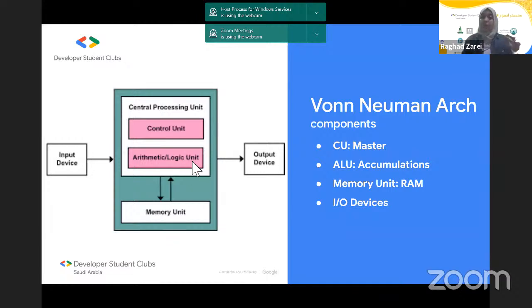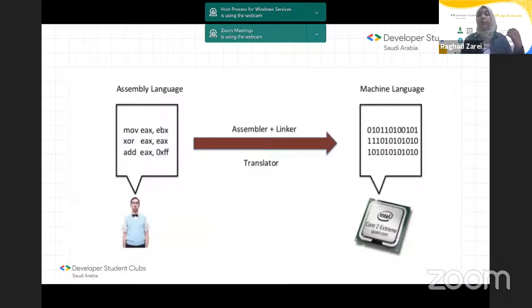This is where all the mathematics happen if needed. Also, the memory is there, which is considered to be the RAM, the read-only memory. This is where everything happens. This is the main of the CPU, and everything else is considered to be input or output devices. This is going to be so clear when we try to implement it through our practical session.